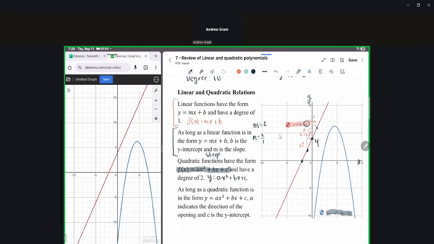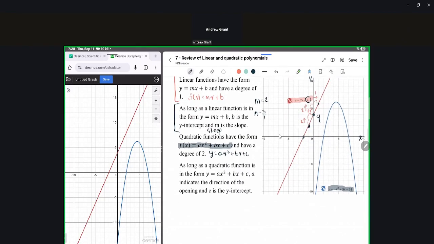As long as a quadratic function is in the form y equals ax squared plus bx plus c, a tells you whether it's going to open upwards or downwards, and c is the y-intercept. So in general here, if you notice, this a value is equal to -1. So this will open downward. But in general, if a is greater than 0, this means it'll open